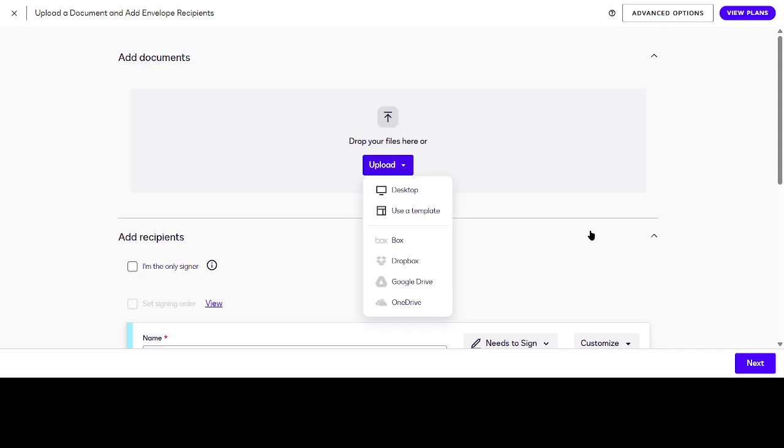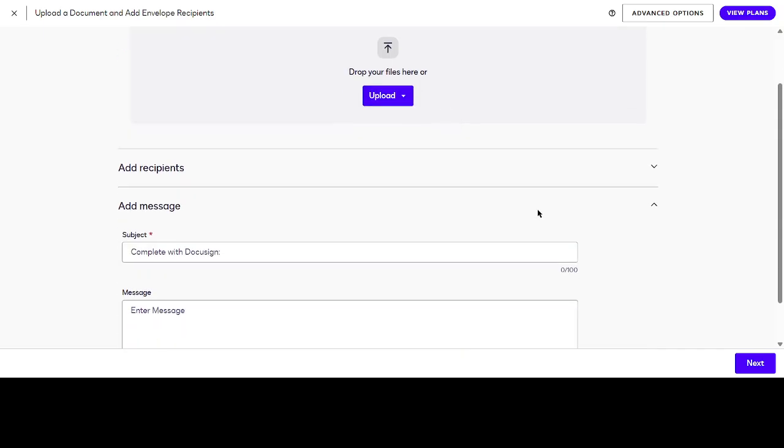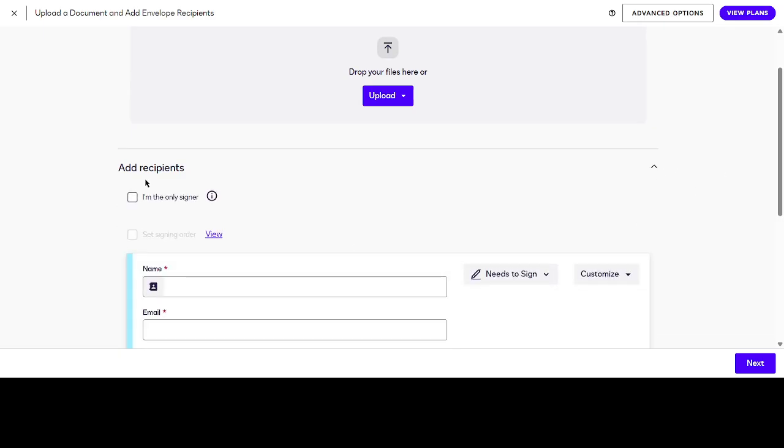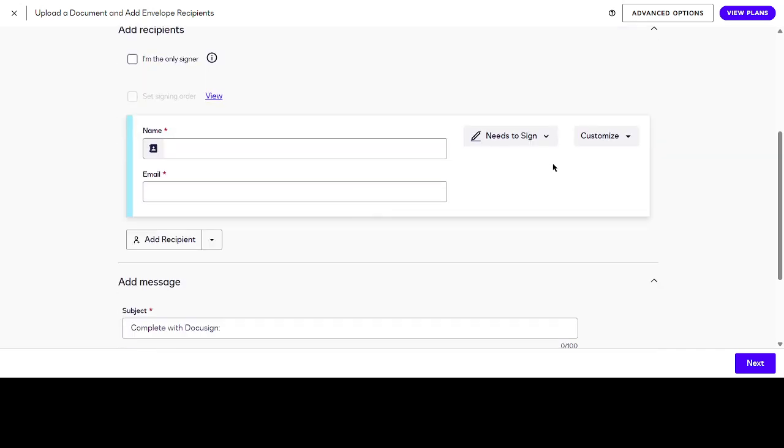Whatever it is, once it's uploaded, you'll find yourself prepared for the next step of adding some essential information right into the document. Here's where the pre-fill option becomes incredibly handy. Before you send your envelope, you can enter crucial data directly into the document. Perhaps it's the date, names, or specific identifiers required for your transaction or agreement. This step is invaluable as it saves time for both you and the recipient, removing any guesswork and ensuring nothing